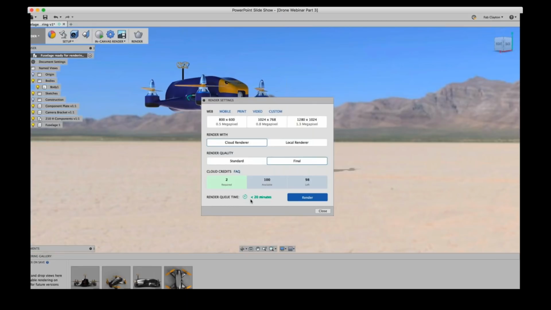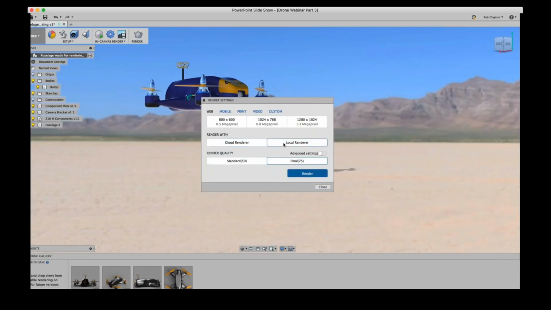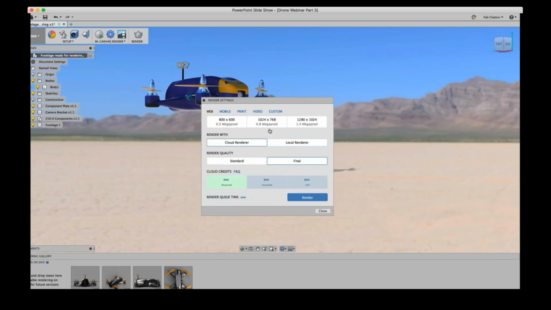It gives you an idea of the queue time it is going to take to render with the resolution that I have chosen. So that's also a cool feature for me, that I can select the quality, right? If I change it, it's going to change the time there. Or not. Maybe right now it's becoming pretty standard because I don't have a lot of difference, really, from 0.6 to 0.8.4